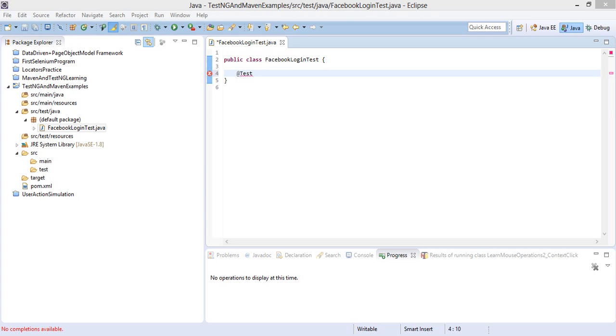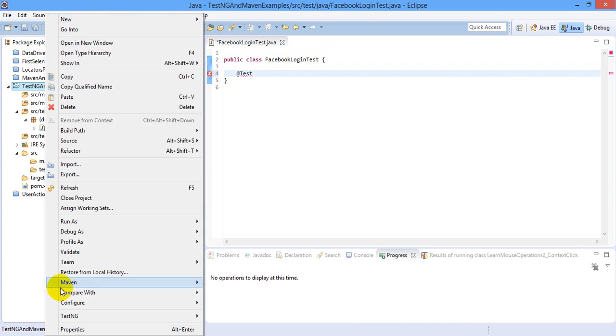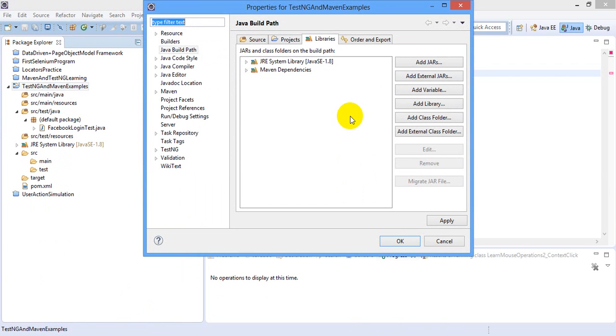Okay, so as this is going to be a Maven project, we do not add libraries like this. Guys, always remember, if it is a Maven project, do not use this option, add jar and add external jar. This is not the way how Maven works. If you are doing this, that means you are doing it wrong. This is not the way you should be using a Maven project. So if you wanted to add some library or jar or something like that, you should be using